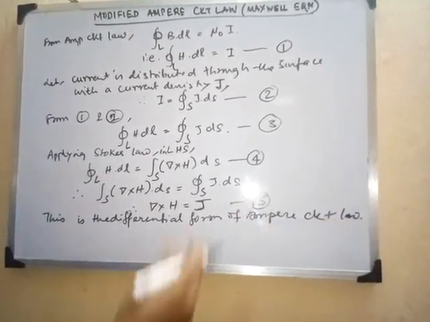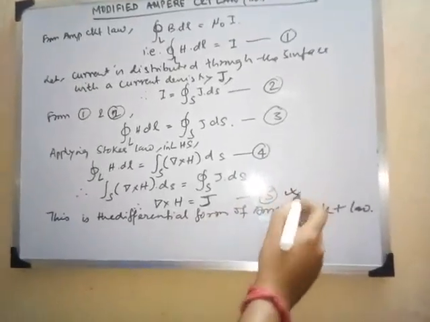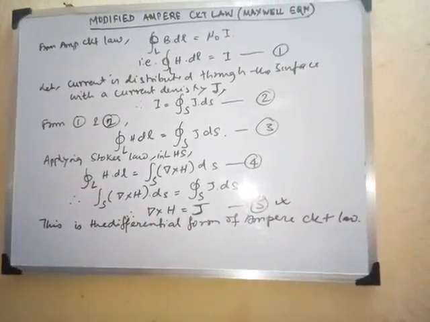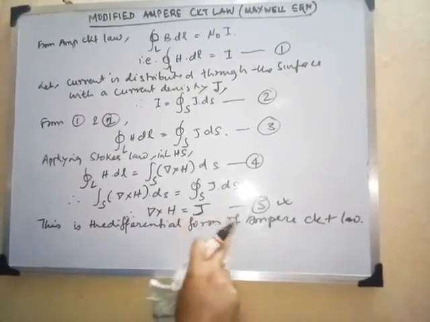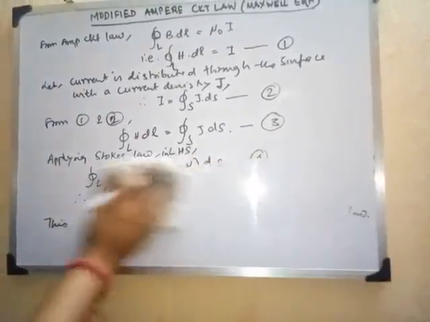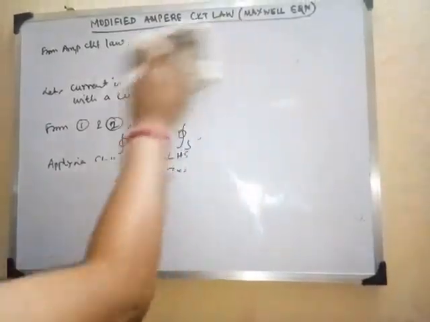Okay, so now what we'll do, we will simply take the divergence from expression number 5. Let us now make some space. So you remember up to this expression 5, after that I am taking the divergence from expression number 5, right? You can definitely move back and see the expression.